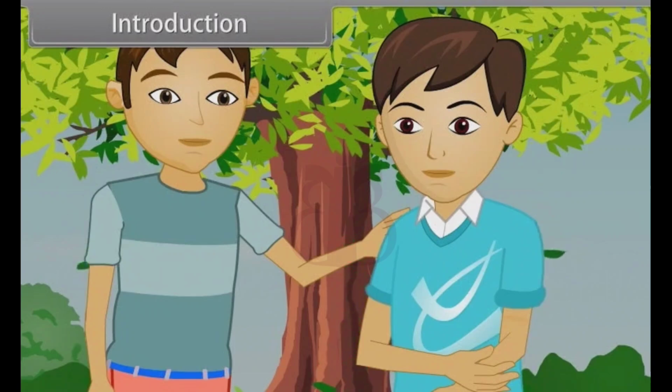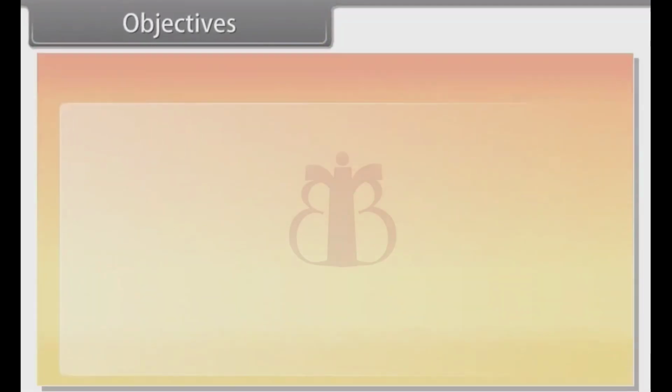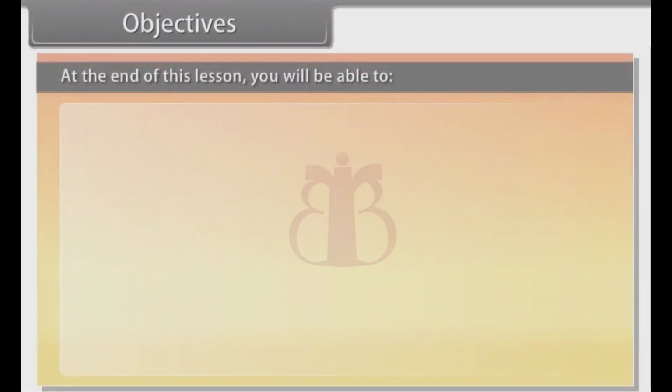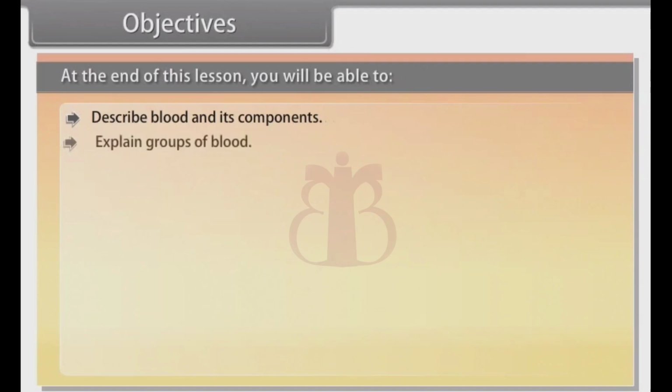In this lesson, you will learn about body fluids and circulation in the human body. Objectives. At the end of this lesson, you will be able to describe blood and its components, explain groups of